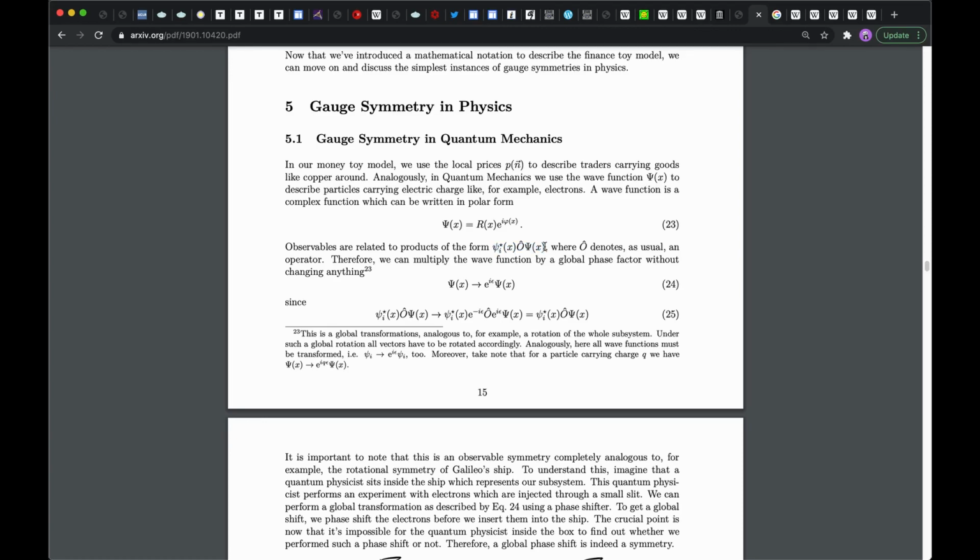But basically that means that multiplication of psi and psi star here means that